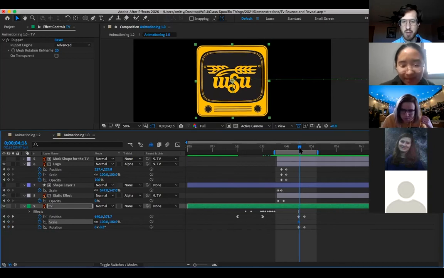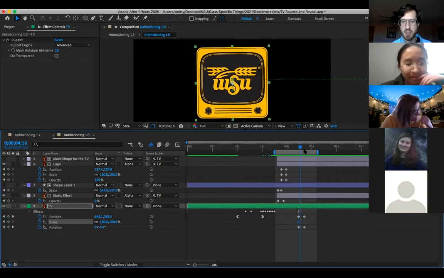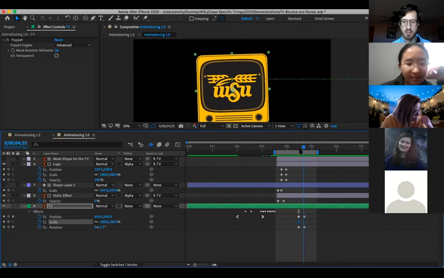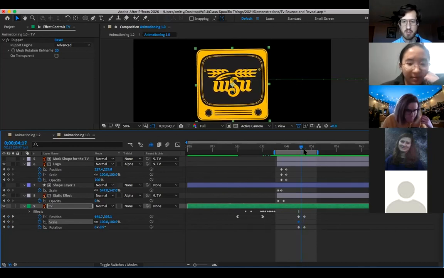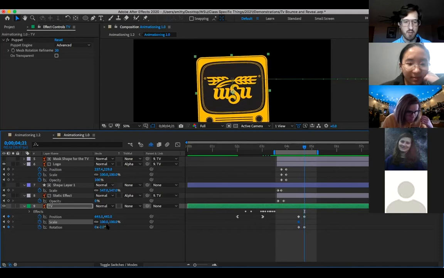So we want it to be about 100%, and then we want it to be like 1,000% once we're done with this little jump in position and rotation. So you can change that number, advancing your keyframe to the next little spot here. It's almost to about 5 seconds, and we'll increase this number to like 1,000